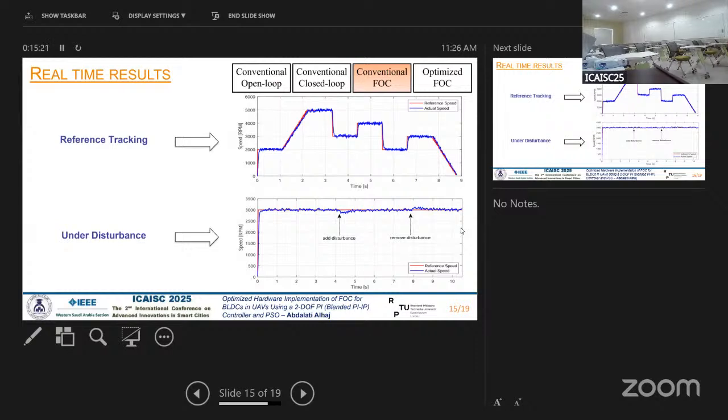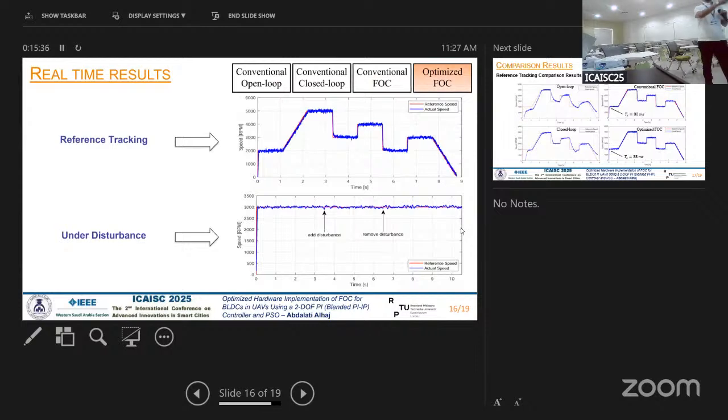However, that's for this disturbance, that's why we thought about optimizing the method to overcome or reject this disturbance. And we come to the result of our optimized technique. We can see that for reference tracking, it shows very nice results, and for the disturbance case, we have no notable disturbance here,